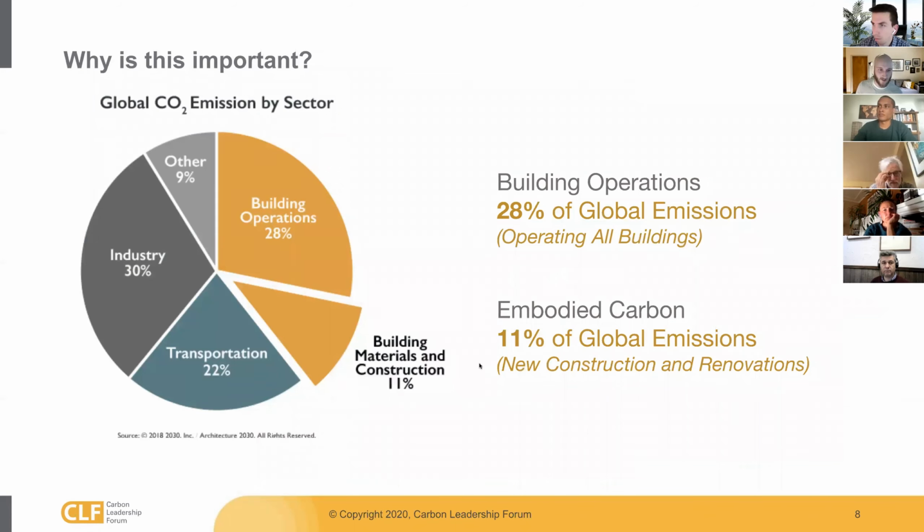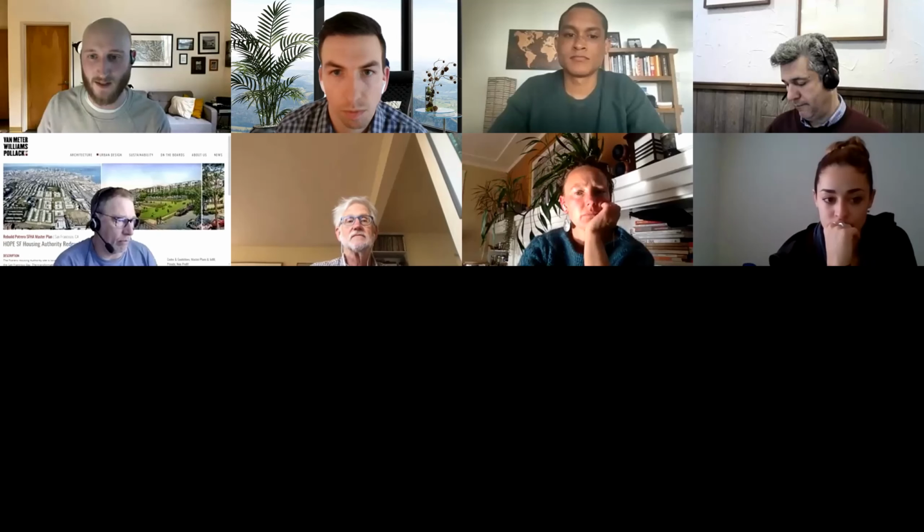And lastly, as I'm sure you've all probably seen this graph before, I want to point it out again though, because this graph was made in 2018. We're still learning how to calculate carbon. And if there's one thing we should recognize, it's that as we begin to calculate carbon better and better, we begin to realize that we're actually emitting more and more carbon. And so this 11% here, which is really a huge part of the pie, could be larger, which means that this is even more urgent than it was in 2018. And so with that, I'm going to hand it over to Vaslav to talk about EC3.